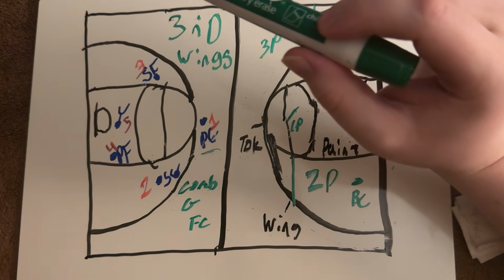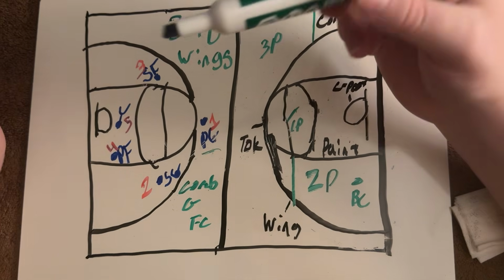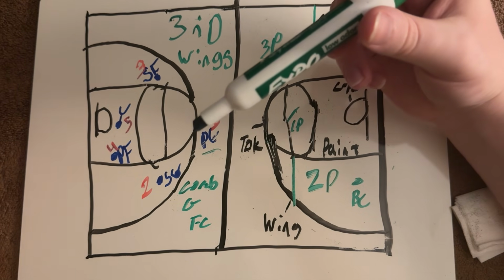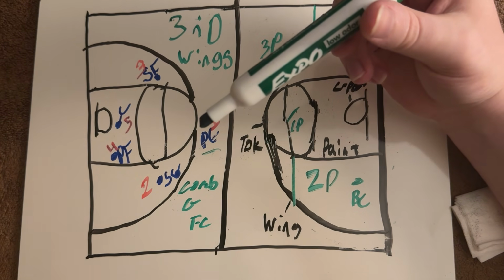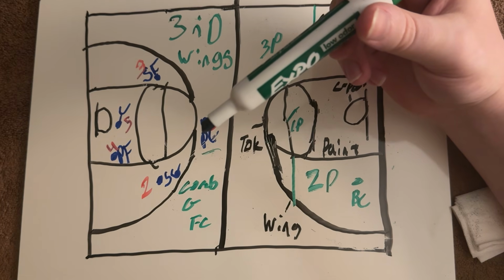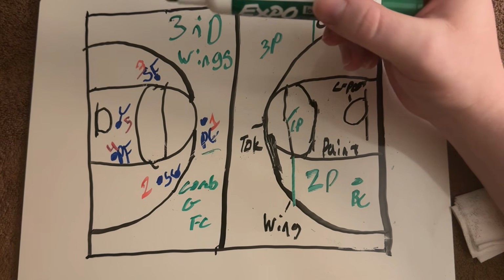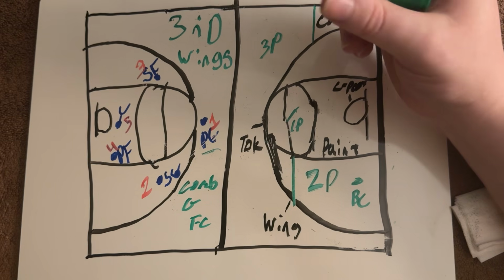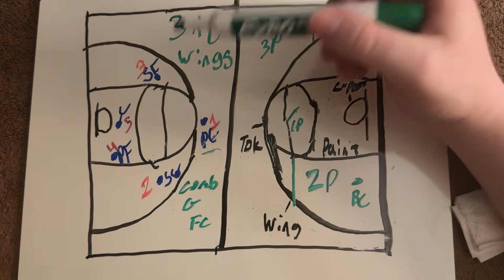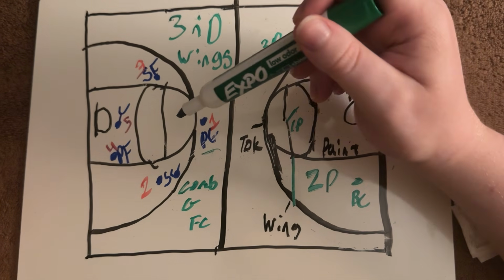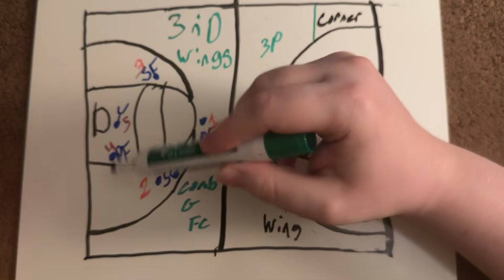And power forward is my favorite position, by the way. I love power forwards because it's the biggest dude. They're fast. They run down the court and they box out. They do all that stuff. They will dunk on you. The power forward is my favorite position by far. These guys are usually like 6'10",